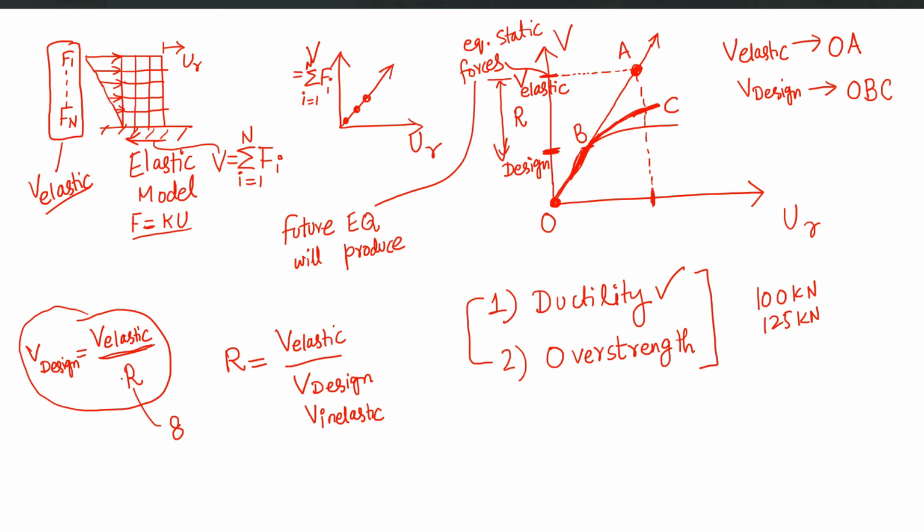If you go for OMRF, this R may be 3 or 4 maybe, right? Resultingly, your design values will be very high. You will end up in a very costly design, but then you don't need to care about the seismic detailing and everything, right? So this reduction by the R factor from V elastic to V design is coupled with fulfilling